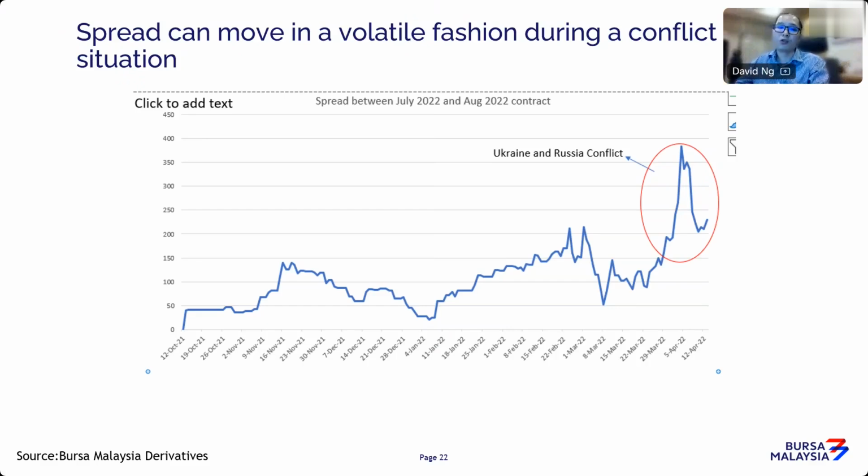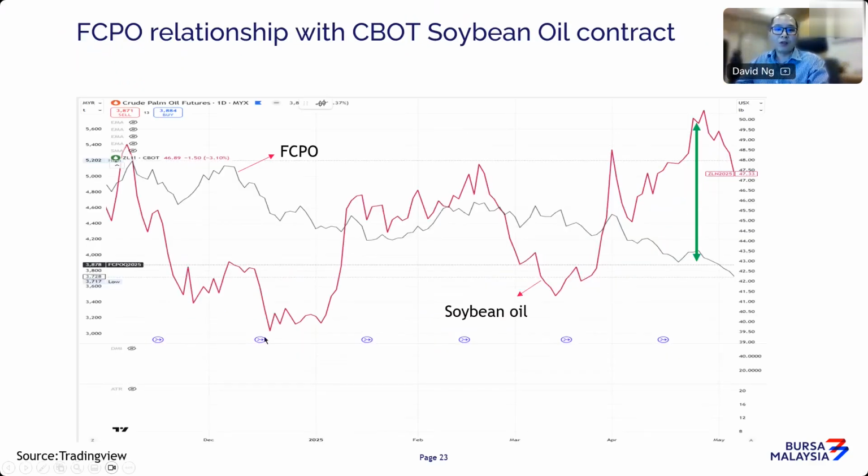In a sense, that limits your risk exposure. Now, just looking at CPO, palm oil, and bean oil, you can clearly see that there's quite a close relationship between these two. Obviously, there are periods of time where both of these markets can diverge, and usually the norm is that bean oil should trade at a premium compared to palm oil because the cost of producing bean oil is normally termed as higher.